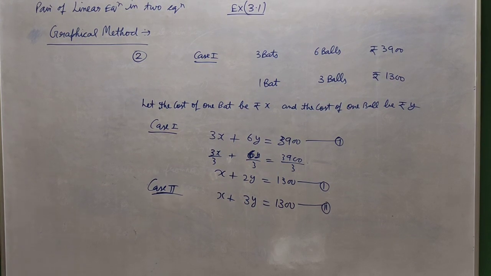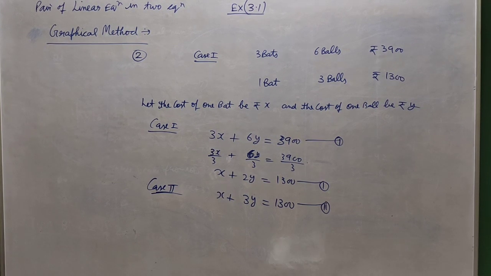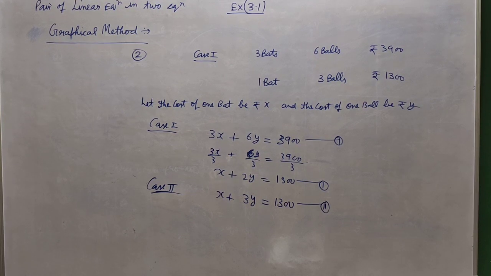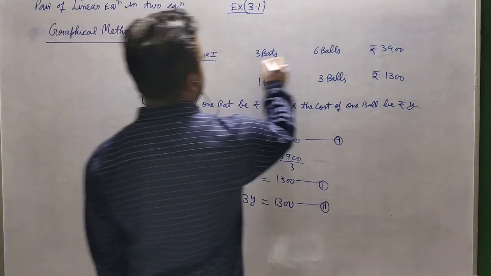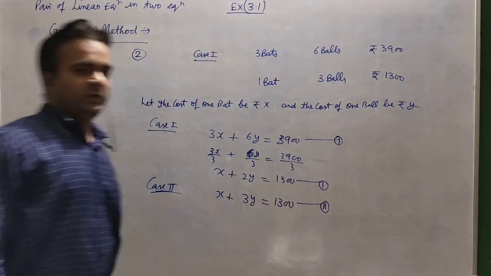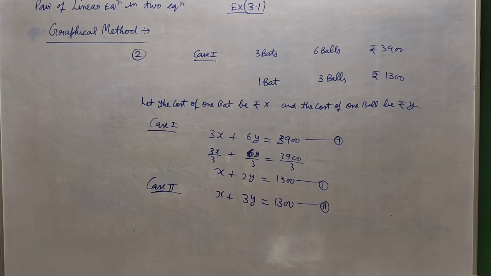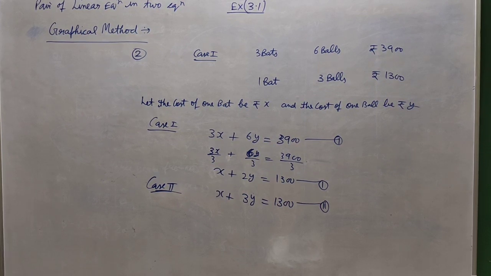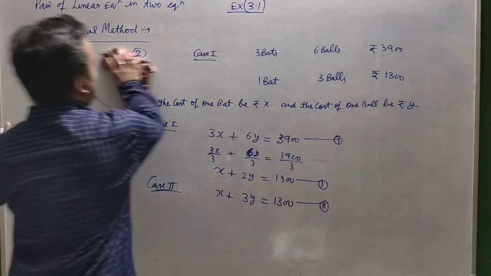So it means we are spending 1,300 rupees. It means in the second case we are paying less amount, I think, if I am not wrong, right? And we can simplify, or we can represent these algebraic equations on a graph, right? Now question number 3 is the cost of 2 kg of apples and 1 kg of grapes.